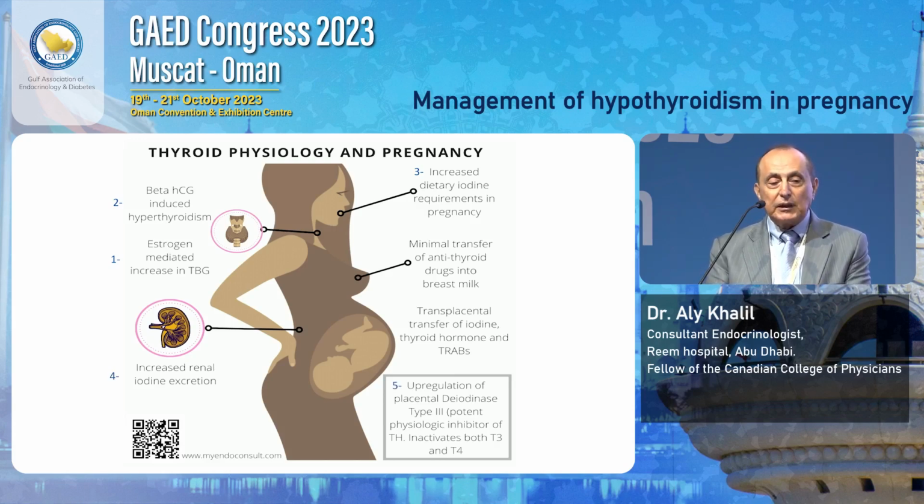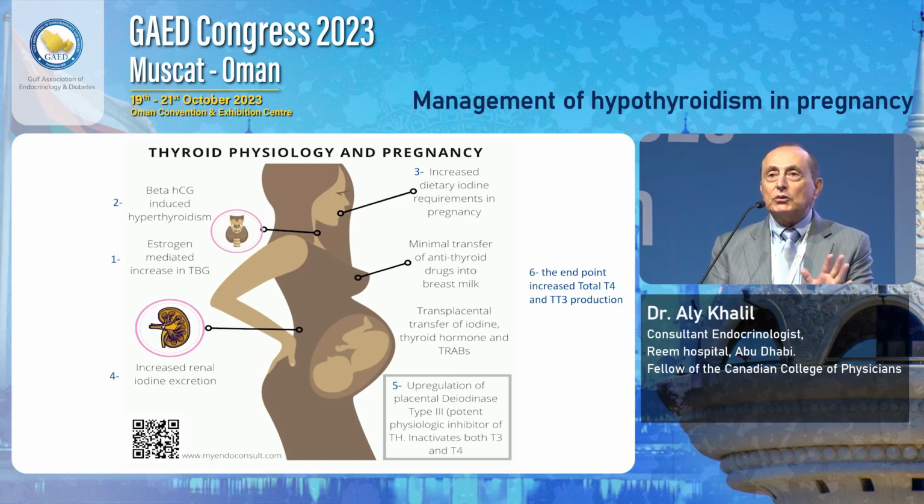And then there is transplacental transfer of iodine, and then the thyroid hormones are acted upon by deiodinases, which also decrease the amount of T4 that could cross the placenta. The end point is that you have increased total T4 and T3 production, which is estimated to be around a 1.5-fold increase over what you see in the non-pregnant condition. So this is really what is observed.